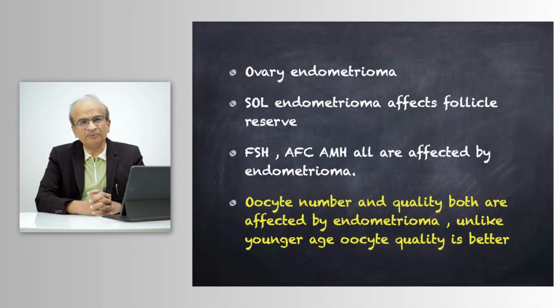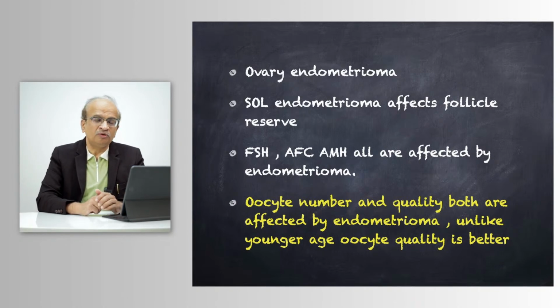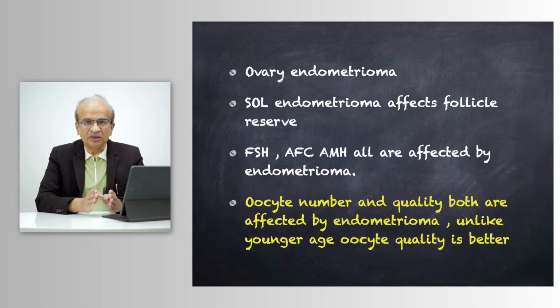About ovarian endometrioma, we all understand it is a space-occupying lesion. By pressure itself, the follicles don't grow. A huge amount of inflammation also retards follicular growth, or rather exhausts follicles, and hemosiderin deposits and the chemical toxicity there also cause loss of follicles. All the ovarian reserve parameters like your AFC and AMH decrease, and the FSH goes up, and everything is affected in patients of endometrioma.